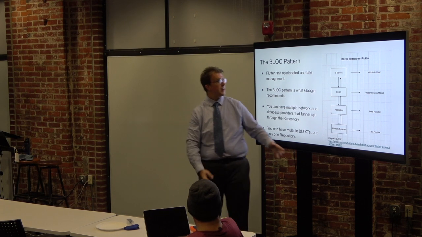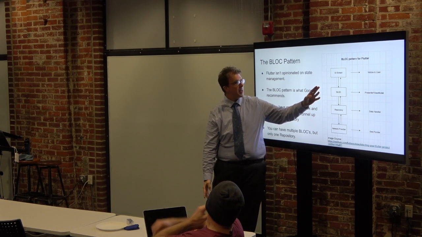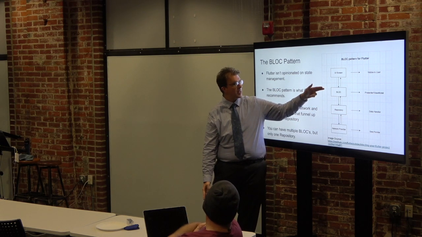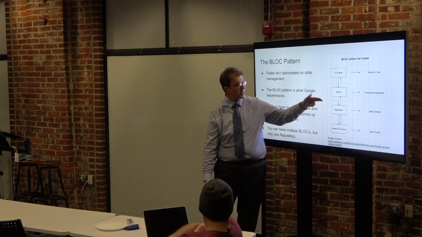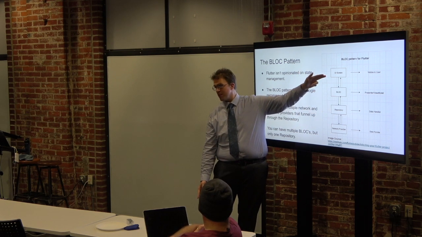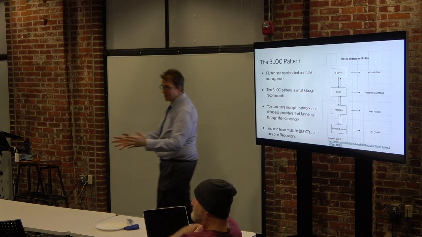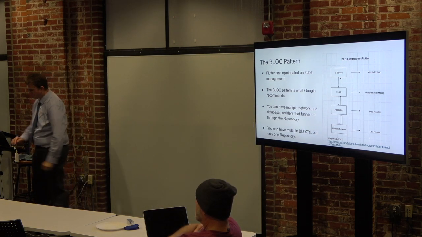And then your actual widgets communicate with the block. So if I need to make an API call, I'm going to say, hey block, I need to make an API call. The block makes the call to the repository. The repository gets the data from the network provider, puts that data inside of a model, feeds that back to the block, and the block feeds it to the UI screen. Sounds convoluted. It actually works pretty well in practice.